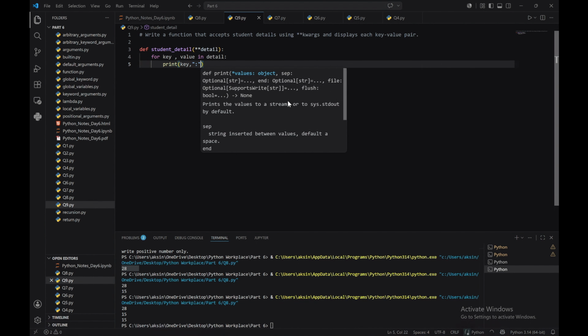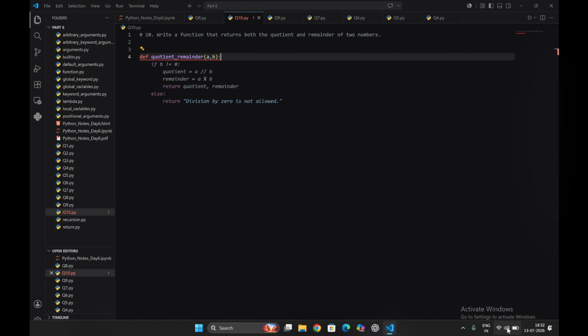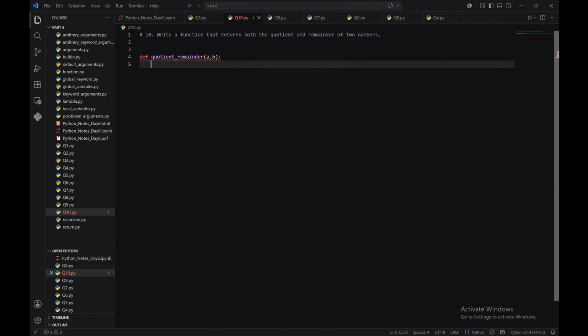And for our last question: write a function that returns both the quotient and remainder of two numbers. So first we are going to create here q10.py, and here we will clear. Write a function that returns both quotient and remainder. So we are going to create a function named quotient_remainder